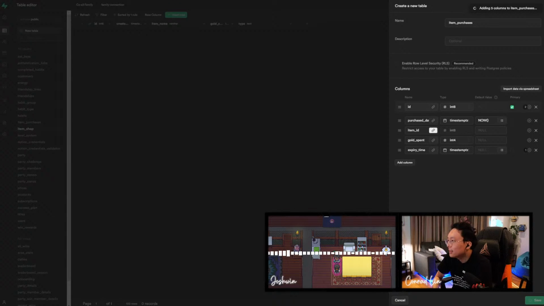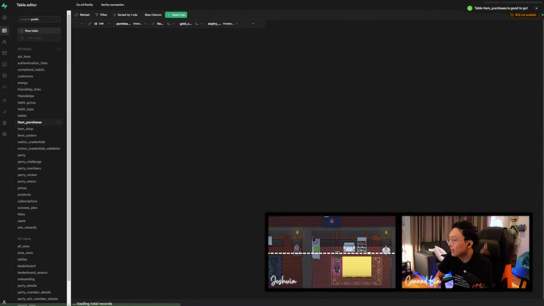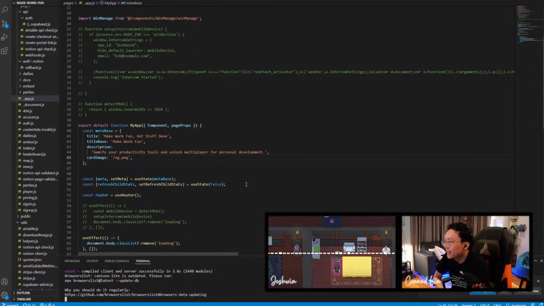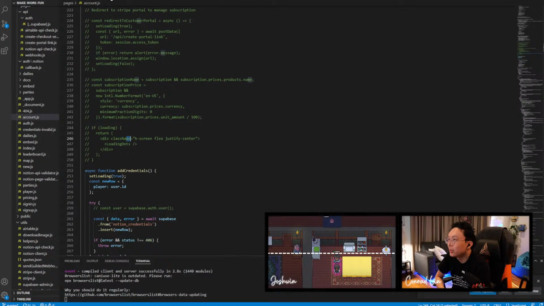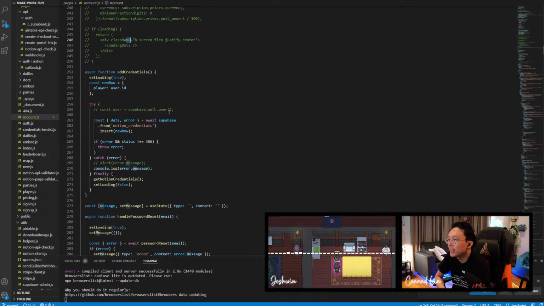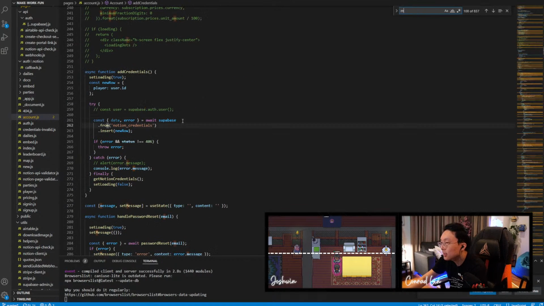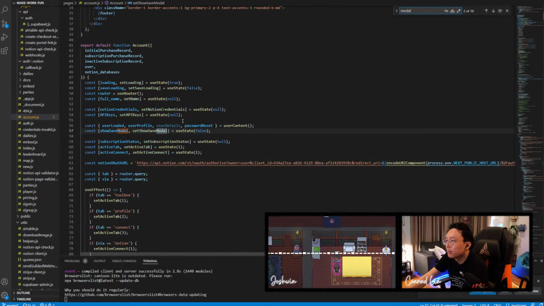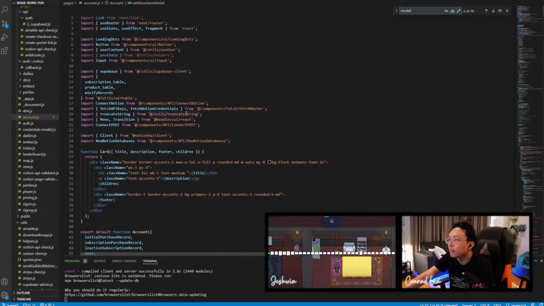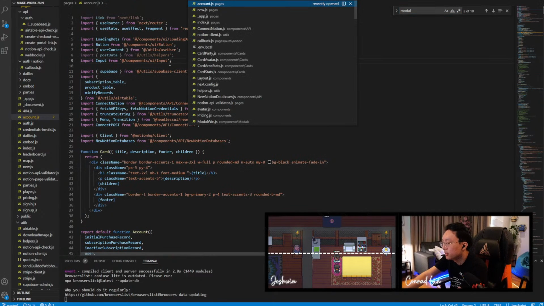Now that's done, we can probably go ahead and start looking into the code and seeing how we can implement this. So I have the code base up. Again, it's going to look very, very messy for everybody who is new to coding. Don't worry about it. We'll show you exactly where we want you to look. So let's just jump into my modal. I want to go into my